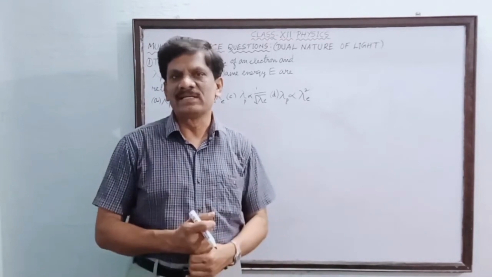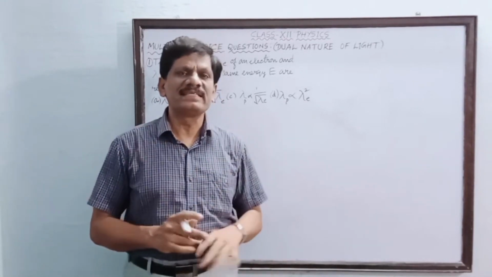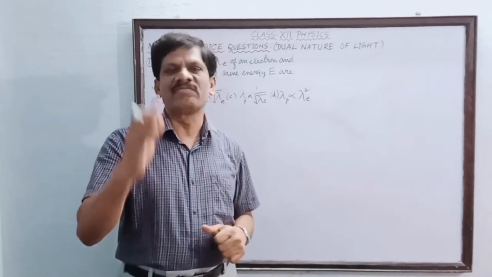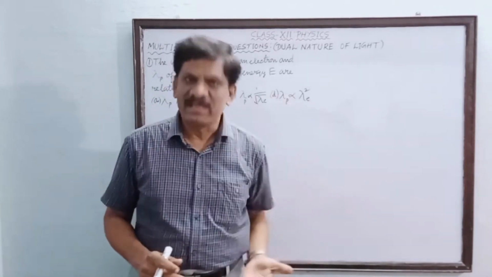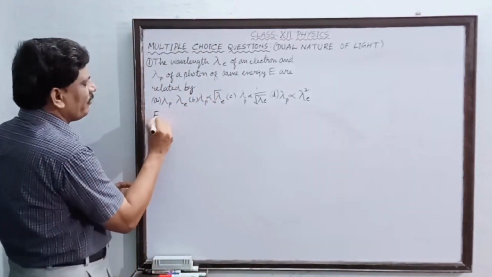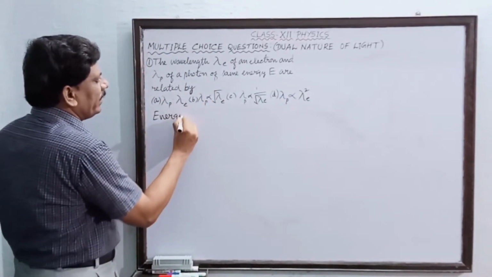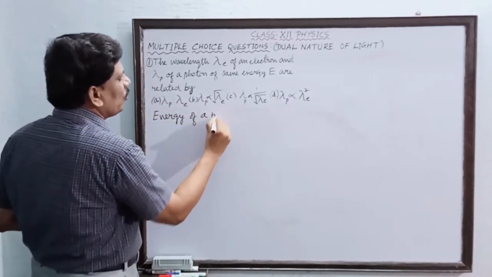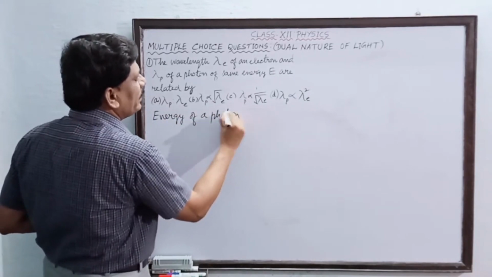So what is given, my dear students? Both have the same energy. So the energy of a photon is equal to that of the electron. That is a clue given. So I start with the energy of a photon. Energy of a photon is given by